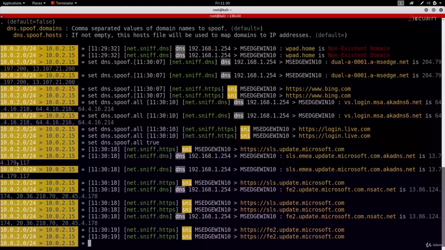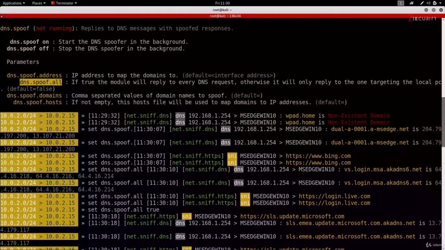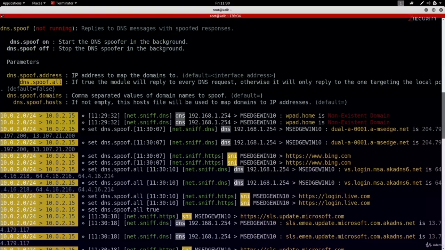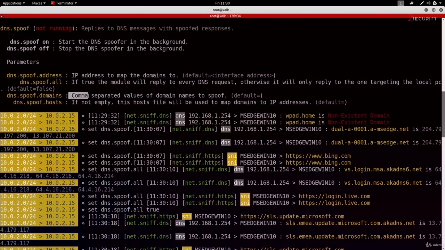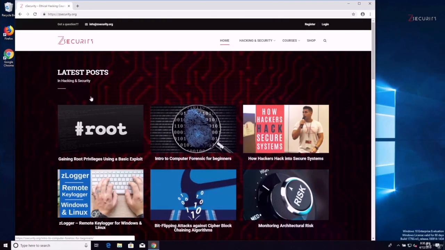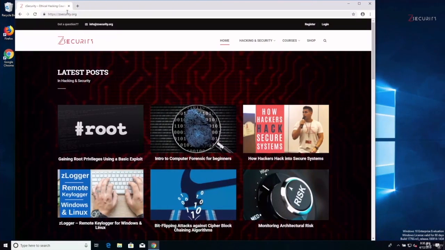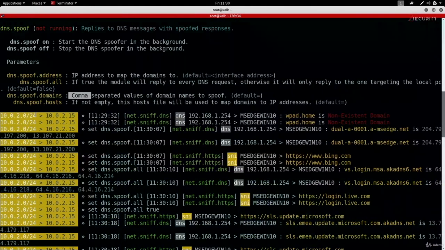Sorry, this is all being produced by the sniffer. The next option that we want to set is dns.spoof.domains. This will specify the domains that we want to target, that we want to spoof. And as mentioned, we can use a comma to separate more than one domain. And as you know, we want to target zsecurity.org and we want to redirect that to our own website running on Kali. So we need to change this option right here,